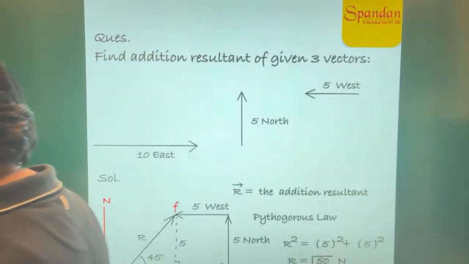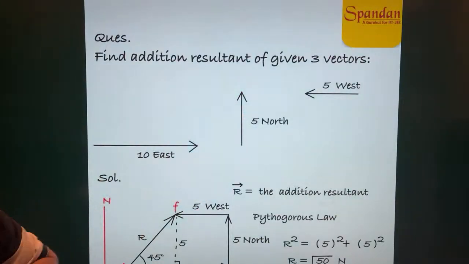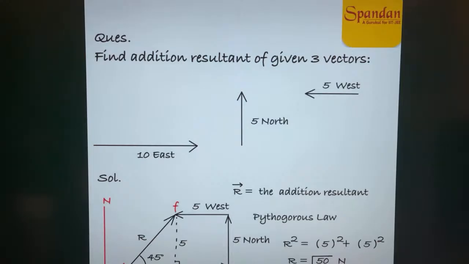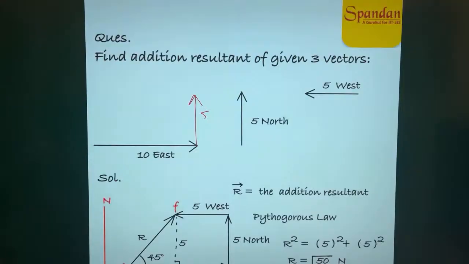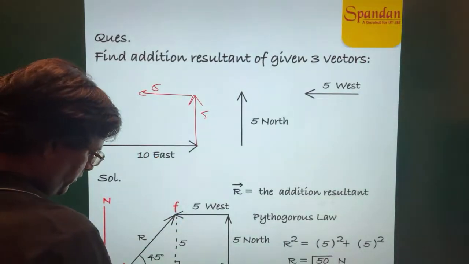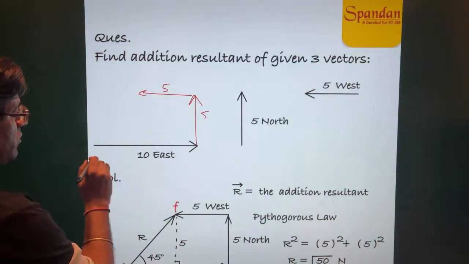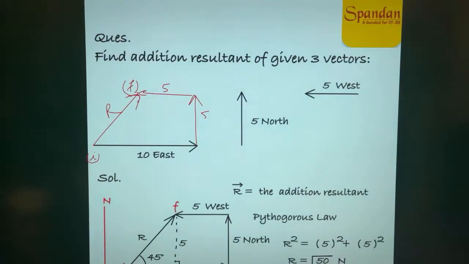क्या होगा इसका आंसर। 10 न्यूटन टुवर्ड्स ईस्ट, फिर 5 नॉर्थ एंड देन 5 वेस्ट। जब 10 एंड होगा तो हम लोग यहाँ पे 10 है तो यहाँ पर 10, ये 5 हो जाएगा। इसको हम लोग यहाँ शिफ्ट कर सकते हैं बिकॉज ये वेक्टर भी शिफ्टेड पैरेलल टू इटसेल्फ, राइट। और इस 5 को फिर हम यहाँ पैरेलल शिफ्ट करके यहाँ ले आए, राइट। ये सारे सेम ऑर्डर में हमने अरेंज कर लिया, क्लियर। अब स्टार्ट पॉइंट ये है और एंड पॉइंट अब ये हो जाएगा, तो ये होगा एडिशन रिजल्टेंट, राइट। तो इस तरह से हम इसको सॉल्व कर सकते हैं। क्या आएगा इसका वैल्यू बताना।